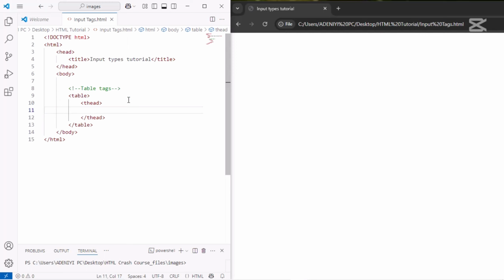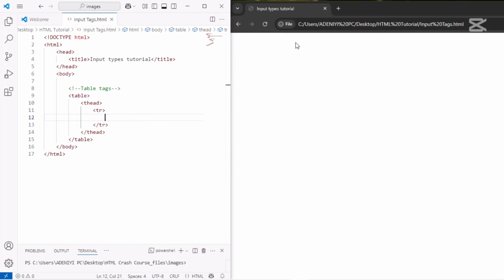Your table head is pretty much just the table head, like it says. So in creating a table tag, if you remember quite well, when creating a list, you don't just write list, or you don't just write unordered list. There's some other stuff you have to put in. Like when you create an unordered list, you put ul and then you follow it with some lis. Okay, so in the table tag, what you do is you put a table, you put a t head, and the next is the tr. Okay, so tr stands for table row, and it's a row where you actually see the content of your table or whatever. So if we save this and refresh this, we're still going to see nothing,